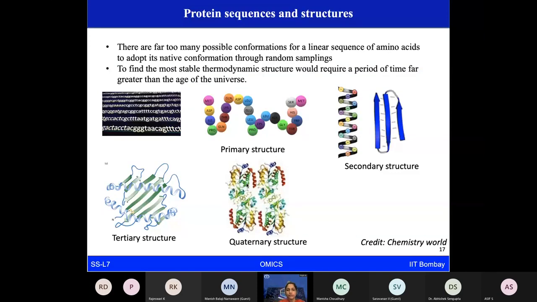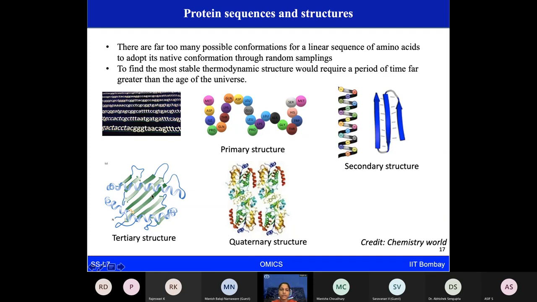In the previous session, we came to know about protein sequences and how they represent the structures towards the end. There are far too many possible conformations for a particular sequence by the time it makes up the secondary, tertiary, and quaternary structure.